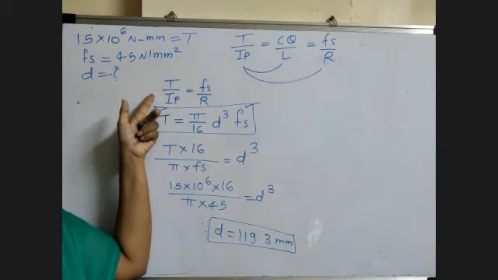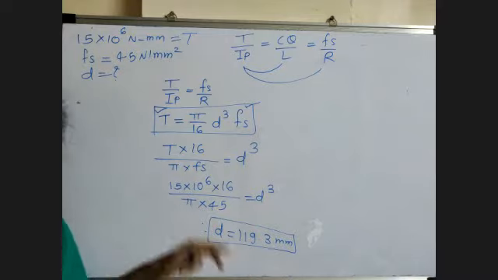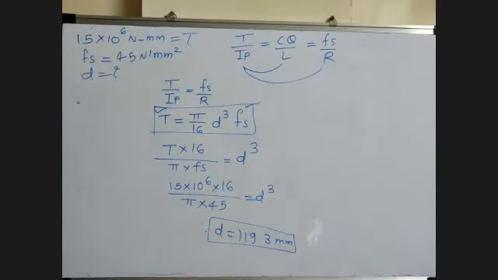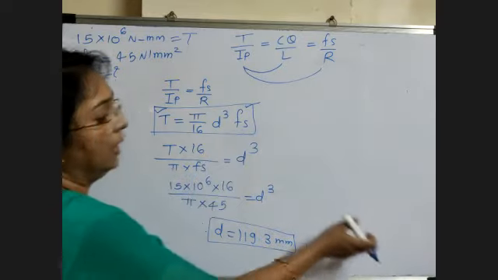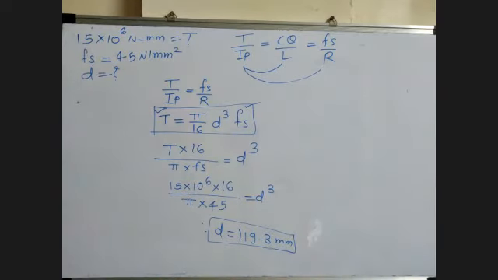What will we write for IP? We have to write IP is I6 plus I by by. So you have to write the formulas for I6 and I by by, and you have to write R in terms of diameter, that is D by 2, so that the calculations get lengthy. So instead of this, we use the modified formula. Now we take another problem, very simple. This problem is just for 2 marks in the exam.